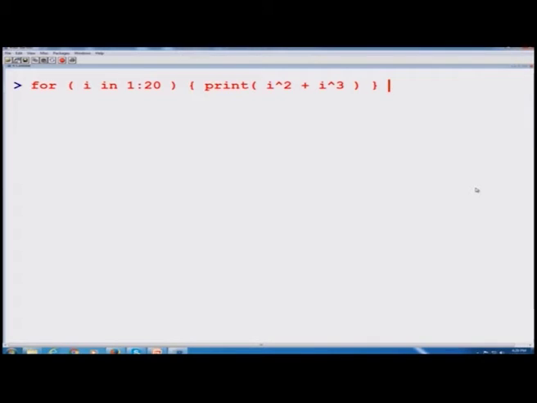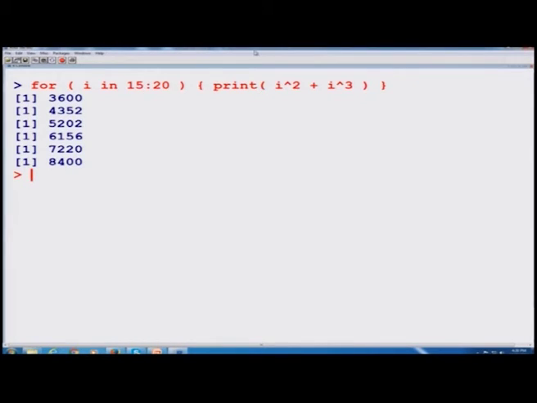And suppose I do not want to go from 1 to 20, but only from 15 to 20. Now, the process will start from I equal to 15 and this value will be calculated. So you can see here you have only 6 values for I equal to 15, 16, 17, 18, 19